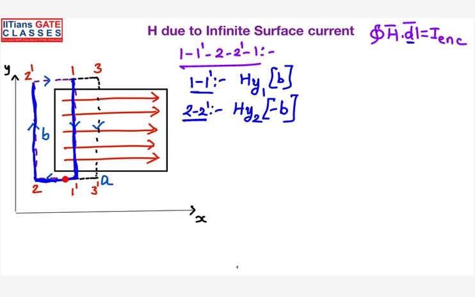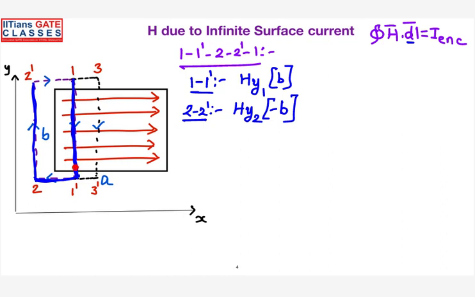Yes, that loop is perpendicular to the sheet. This whole loop, 2 prime to 3 prime to 3. Here, when you are moving from 1 to 1 prime, you are moving parallel to the sheet in the y direction. Is it clear? And when you are moving from 1 prime to 2, what will happen? I was representing it something like this, but actually the loop goes perpendicular to that and again comes back parallel. So 1 to 1 prime lies on the top side of the sheet.